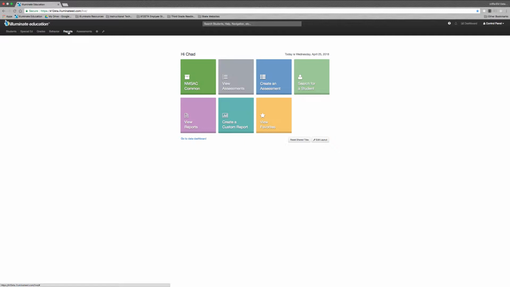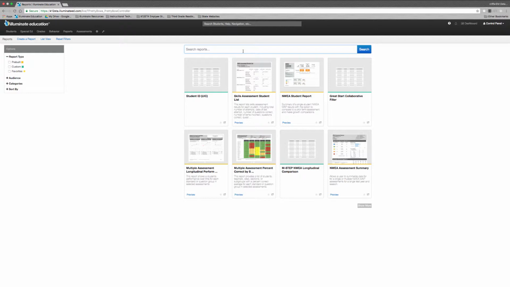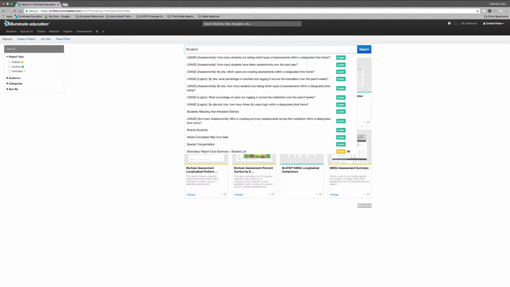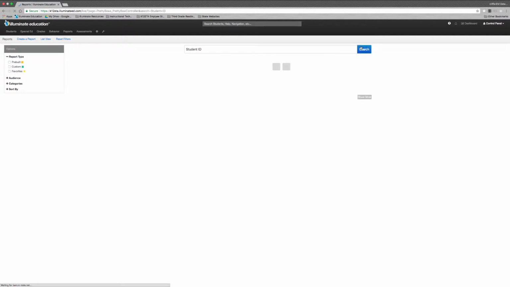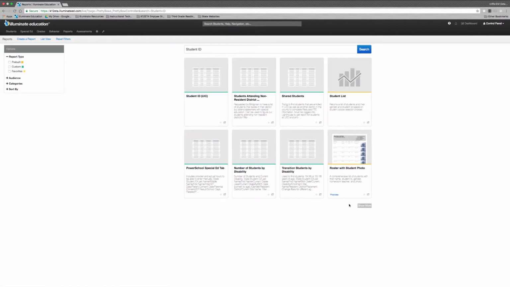The way you do that is you click on Reports in the black bar and View Reports. Once you are on the Reports search page, you can start by typing into the search bar Student ID and then click Search. And I have created a report for our Illuminate site that everyone has access to, and if you don't, just give me a quick email. My email is criffle, R-I-F-F-L-E, at k12eta.org. This report here, student ID UIC, if you click on that report,